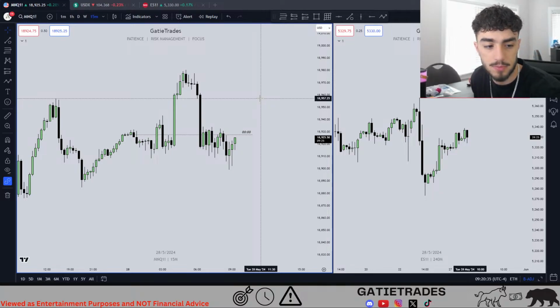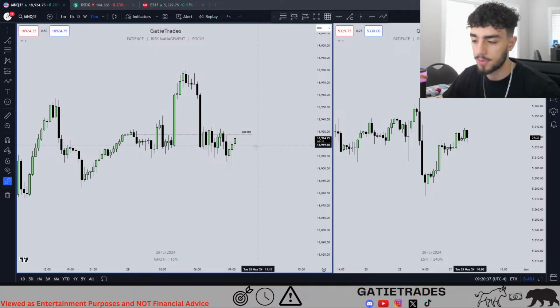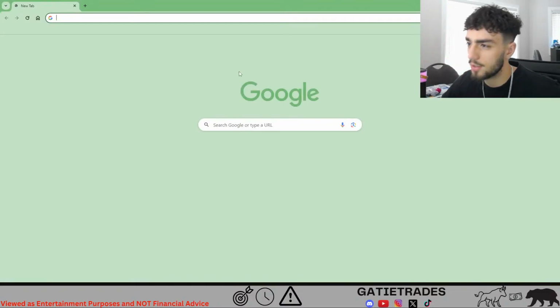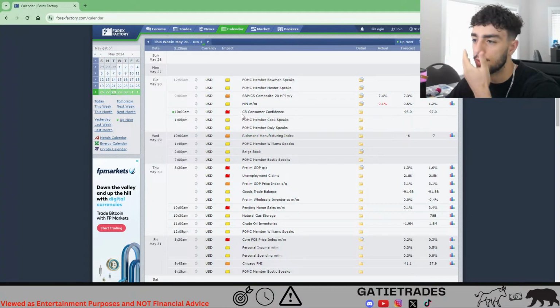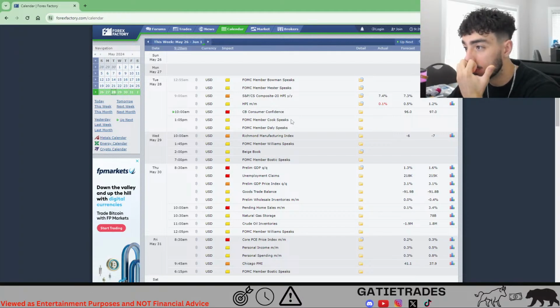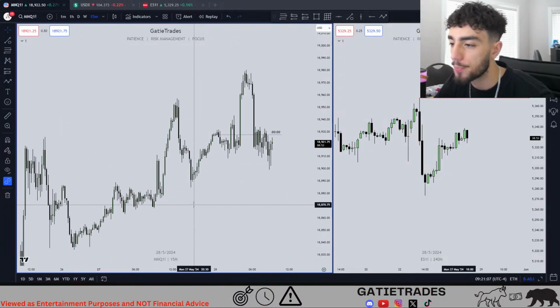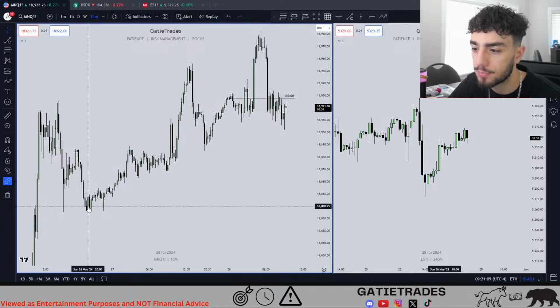As for today, am I expecting a large range day? So let me look at the calendar again. I already did look, but let me look at it again. We have red folder at 10 a.m. We have CPI on Friday. Hmm. Yeah, I'm expecting some movement for sure. I think I am expecting a pretty large range day. Definitely not like yesterday.